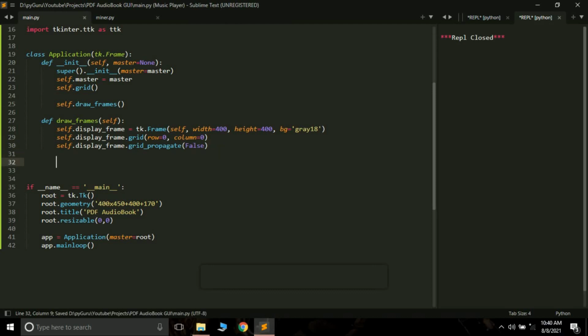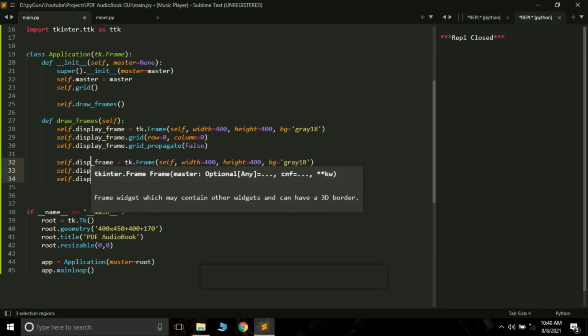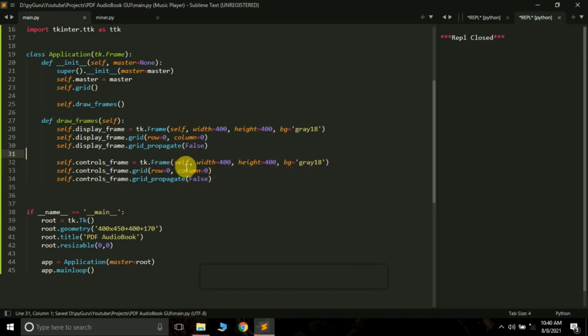So let's create it. I'm just going to copy and paste it here. So I want display_frame, and the next thing is controls_frame. Now see, I again want to create this on the master window, so here I pass self. The first value is the parent on which you want to create a widget.